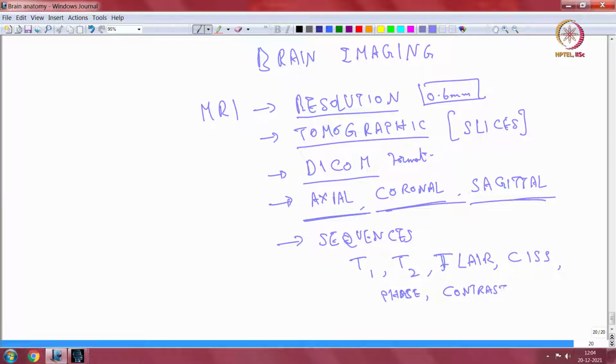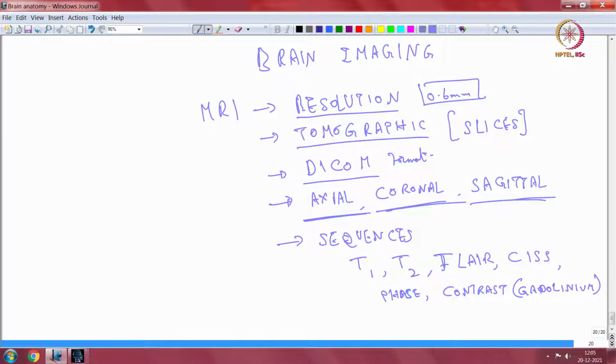Contrast is given by injecting a material into the blood, which is gadolinium, and that shows up. It is relevant especially for structural lesions such as tumors, in which the tumor takes up the